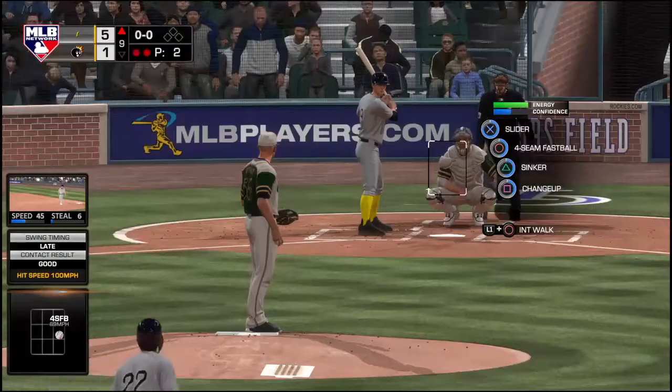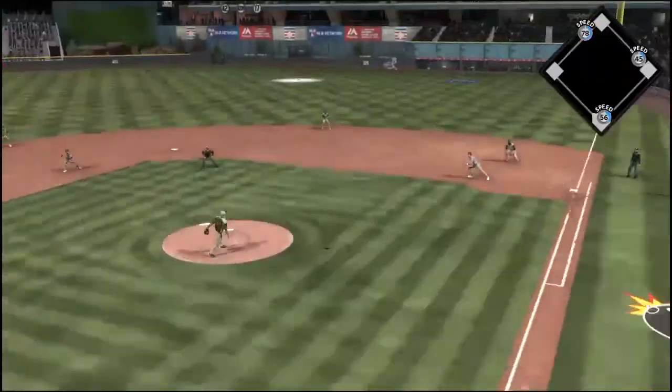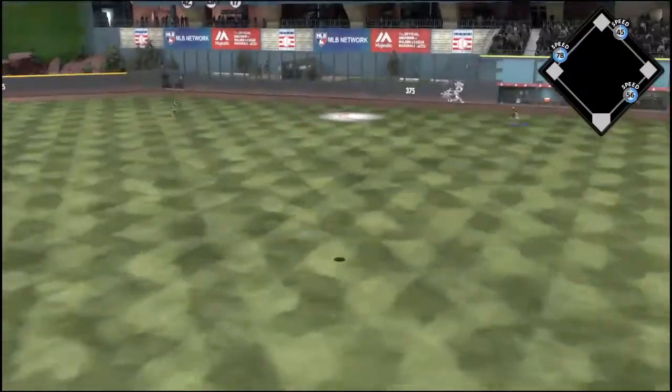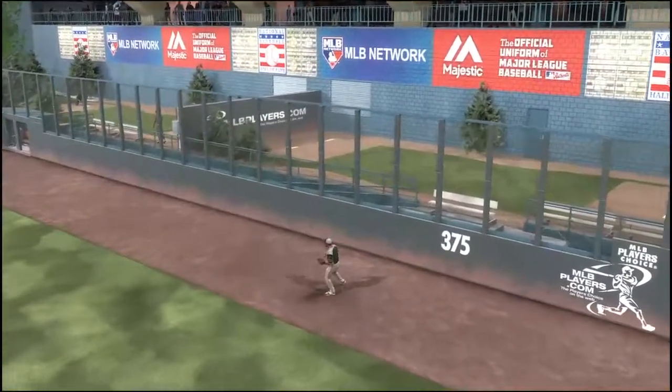So here's the cleanup hitter, Ted Williams. His last at-bat didn't go his way as he popped out in foul territory. He pulls this one high and deep to right center field. And he will get there to make the...